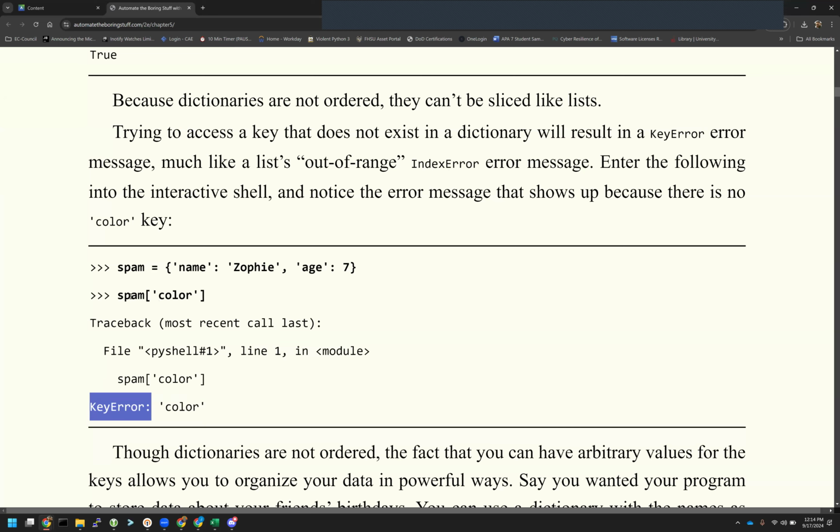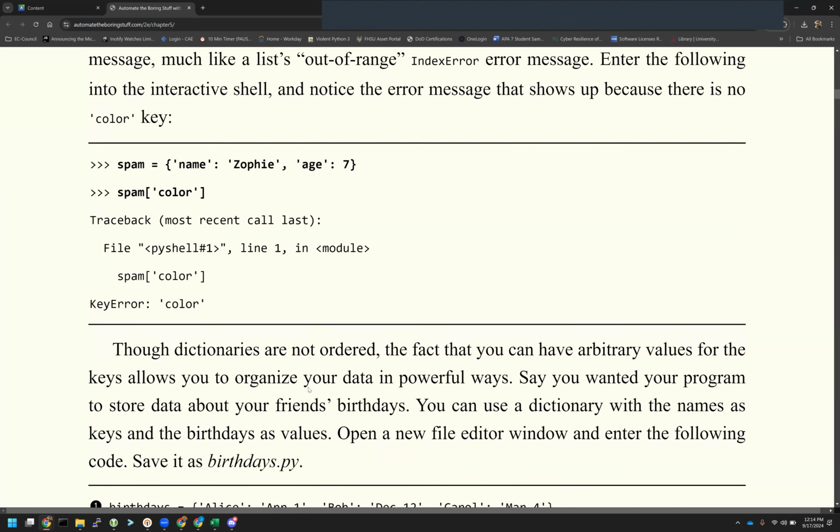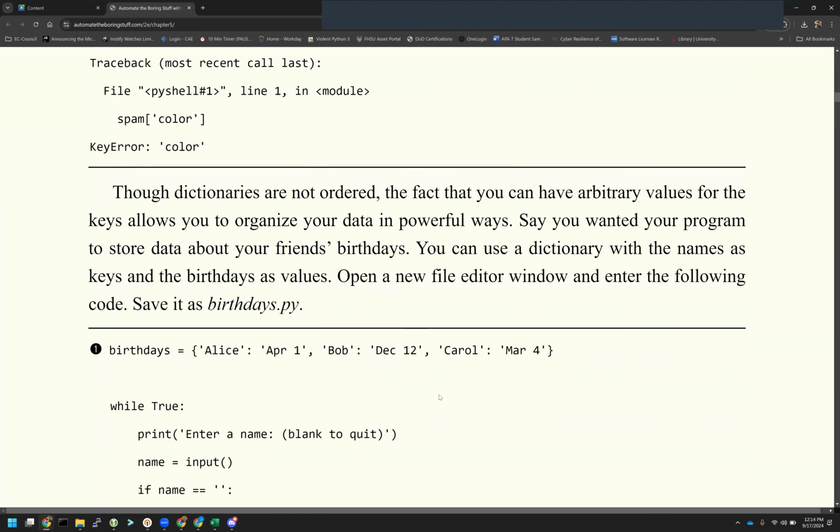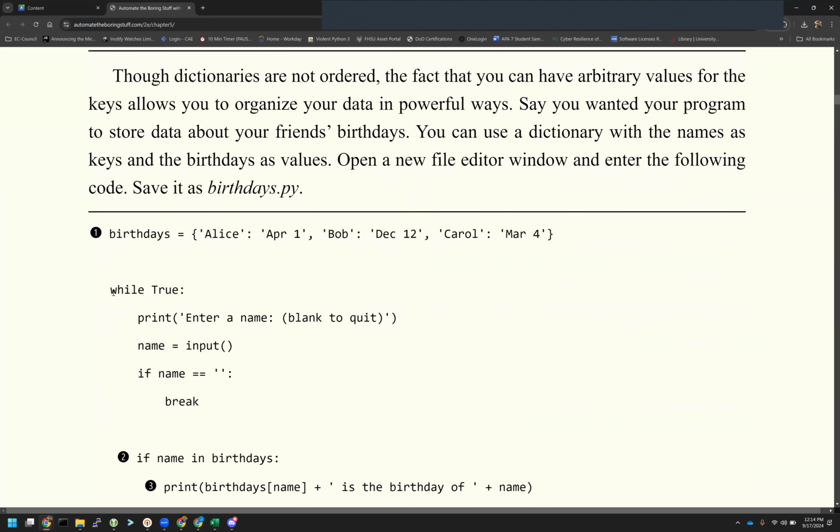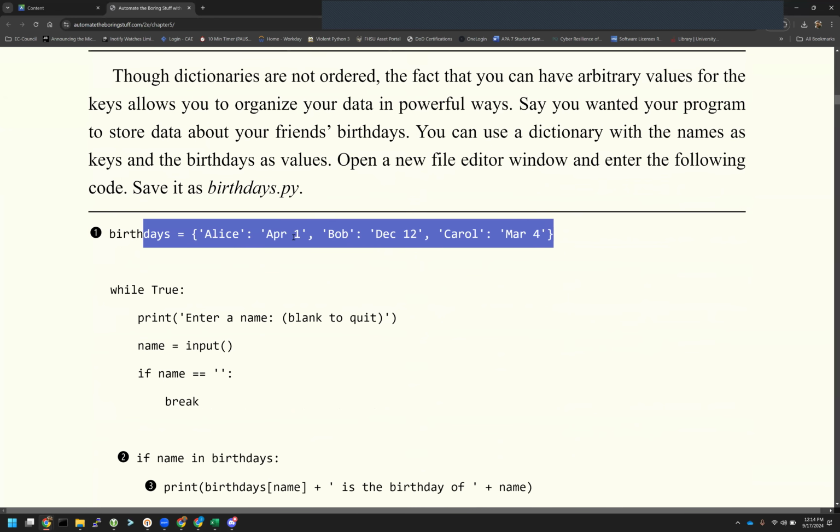Again, you could do this in a try and except. You could except on key errors if you needed to and get back that way. What's nice is you can organize this in very different ways, or the ways you want to go through. So if we do birthdays here, Alice's value is April 1st, Bob's value is December 2nd,